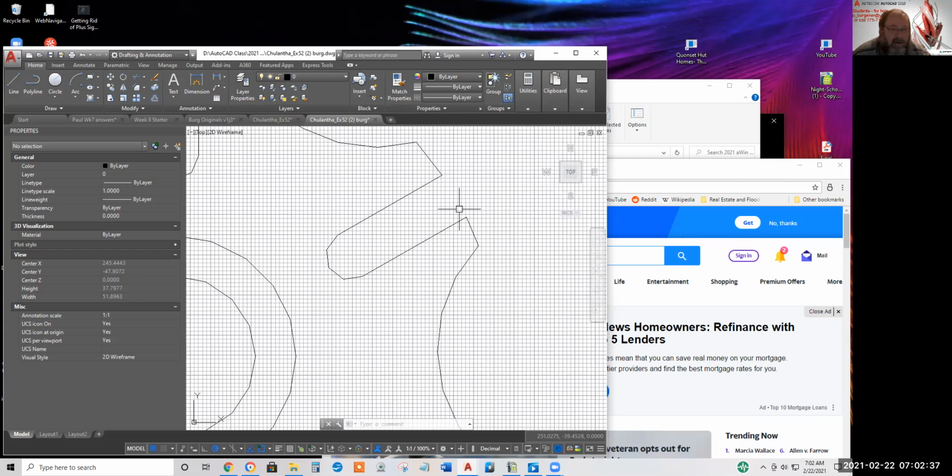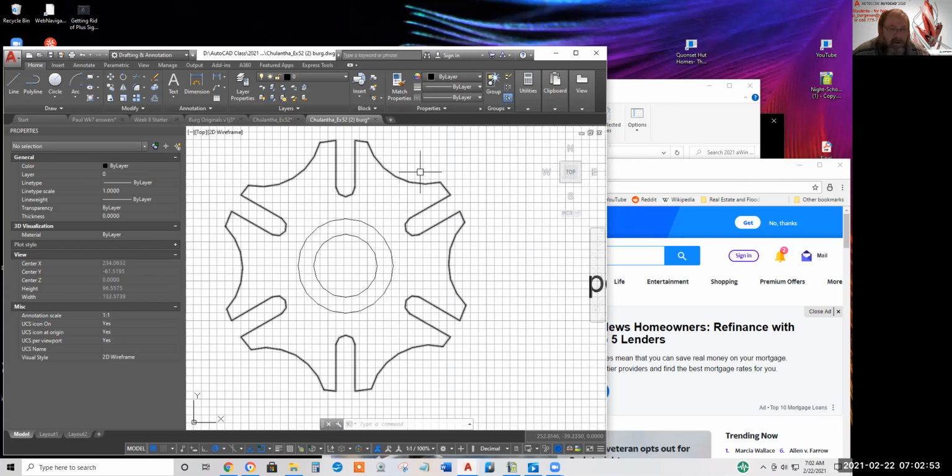So mine would have a slot of 5, so my slot would be slightly inside yours all the way around this